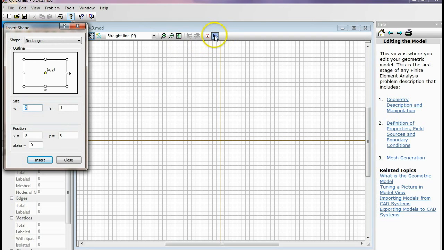This is the insert shape button. You can choose from rectangles, ellipses, and circles. Today we're going to be using the rectangle option. You can alter the position around which the shape is inserted, but we are just going to use it at the origin today. So the width of our rectangle will have to be 20 centimeters, and the height will be